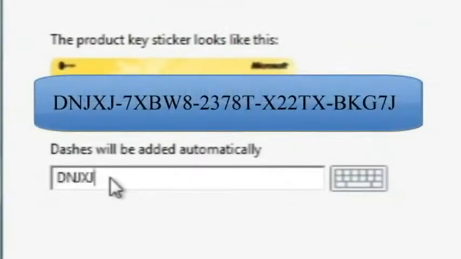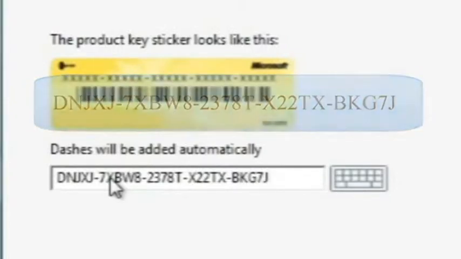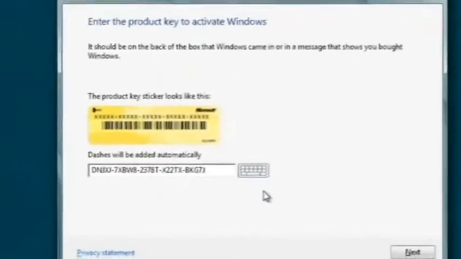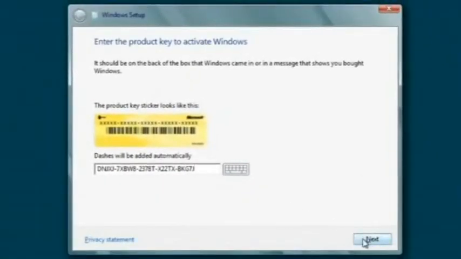DNJXJ 7XBW8 2378T X22TX, and then finally BKG7J. Once you enter it correctly, the next button will become enabled. Go ahead and click that